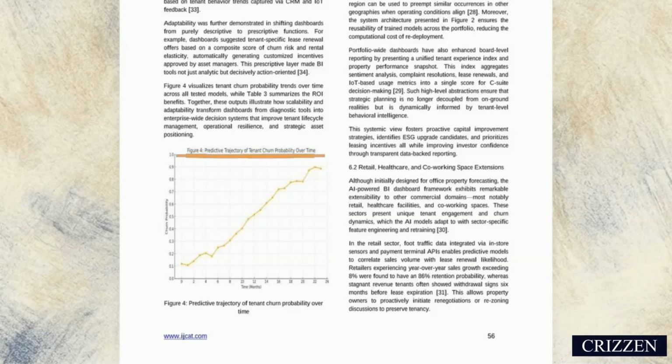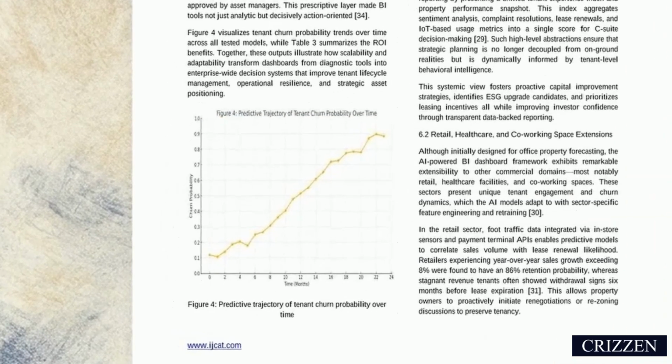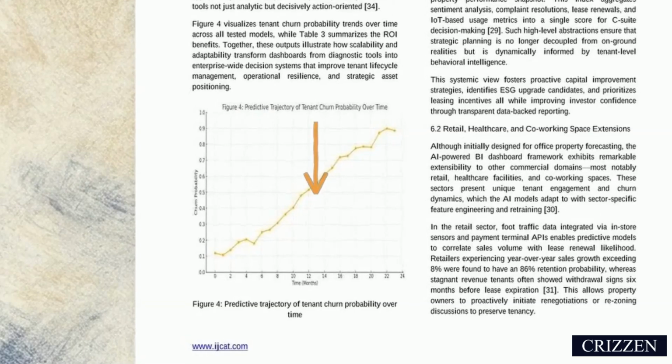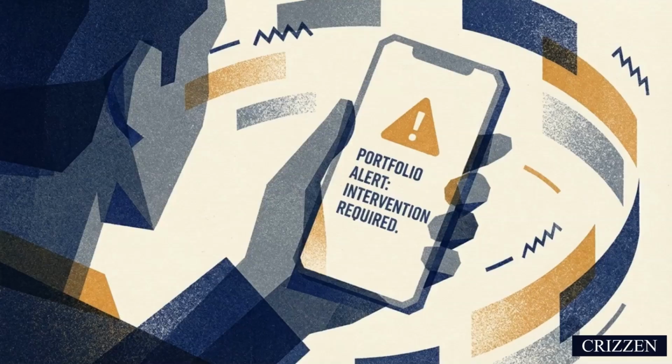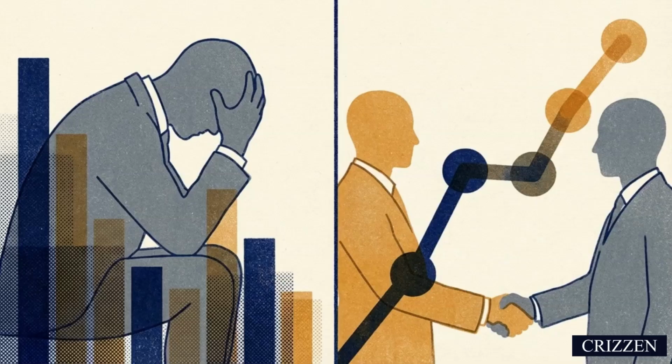This chart from the case study shows the predictive trajectory of tenant churn. The AI models tracked here identified a steady climb in the probability of a tenant leaving over a 24-month period, long before a formal notice was given. This prediction triggers a specific action. The system sends push notifications to leasing managers 60 days before a forecasted 10% vacancy spike. This shift allows a company to move from reacting to historical losses to proactively securing their future revenue streams.